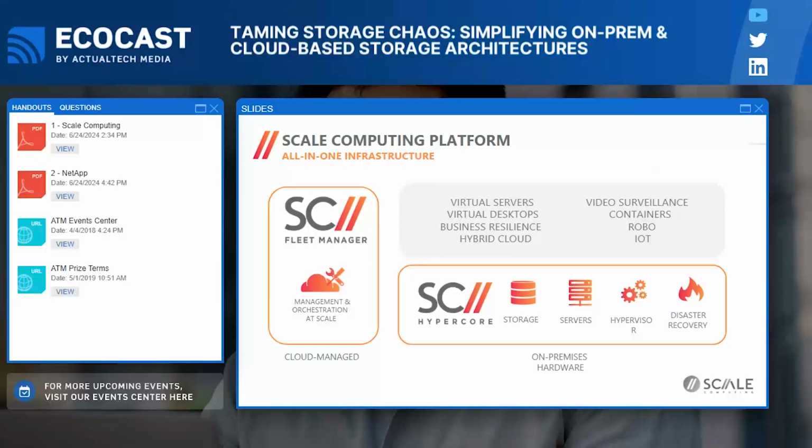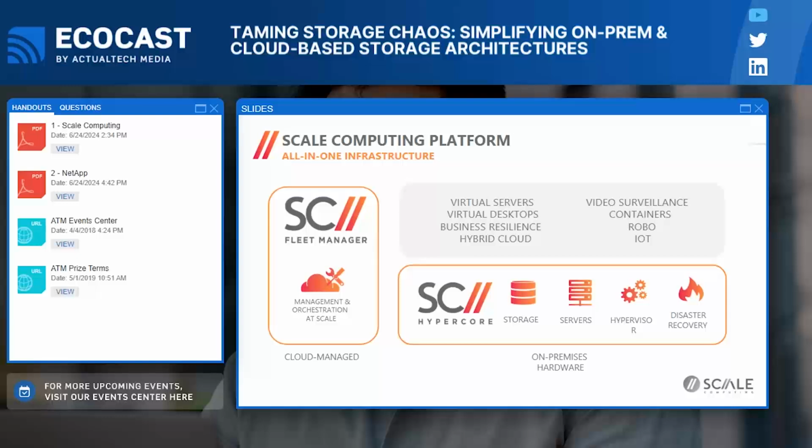Now, Fleet Manager, on the other hand, it makes monitoring of the health and status of all of the systems that you might have out in the field extremely easy. It's cloud-based, centrally managed for all deployments, and it can manage any number of clusters. You have proactive alerting. You can highlight areas that need attention from a dashboard. Everything is right there letting you know if you have something that's not performing up to par or has some condition that needs to be addressed, or if everything is operating smoothly, that's also fed back to you.